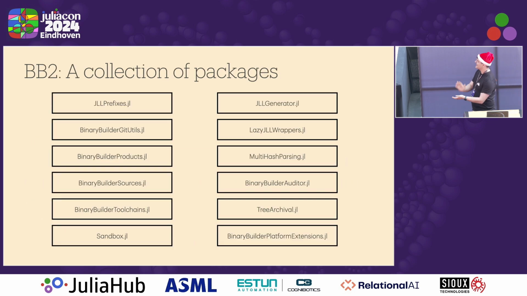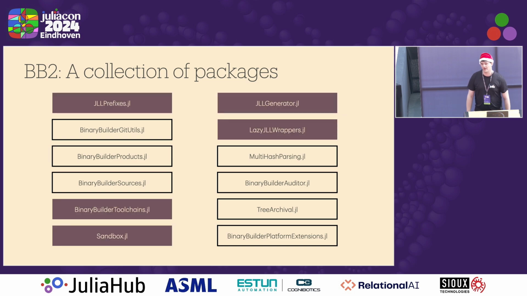So right now, these are some of the new packages that I have built that exist. They're even registered, although they're all pretty unstable. With the exception of Sandbox, which has been around for a while, and JLL Prefixes also has been around for a while. I am going to talk about these and just give a brief overview, some quick demos of these things, and we'll build up some of the pieces so that we can get our way up to BinaryBuilder 2. What is it? How does it bring all these things together? And what does it look like to use?